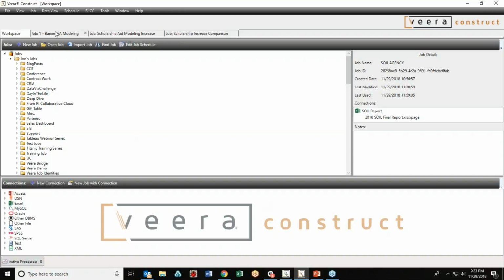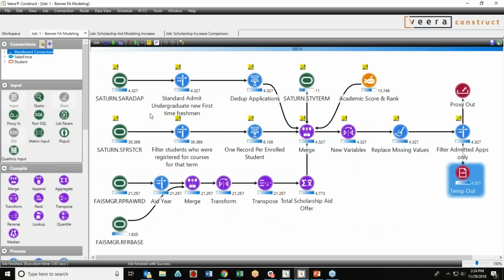And starting out, I'm just going to open up an idea of what the data preparation looks like. We won't spend too much time here. We'll jump right into the predictive modeling, but just to give you an idea of the extent that we go to actually pull in this data. We saw that there were a lot of challenges, a lot of that around actually accessing the data. And what Vera Construct allows you to do is pull in your Banner student information system or any other student information system,